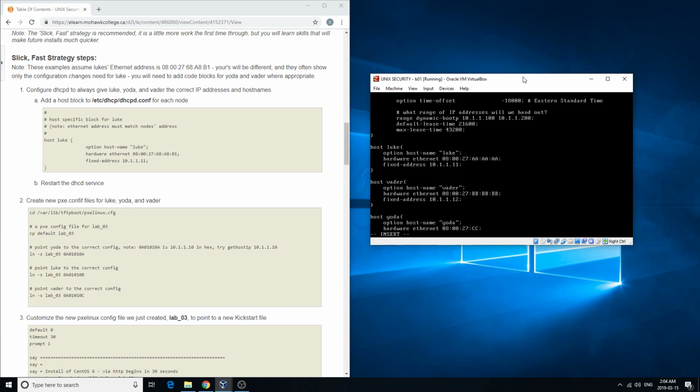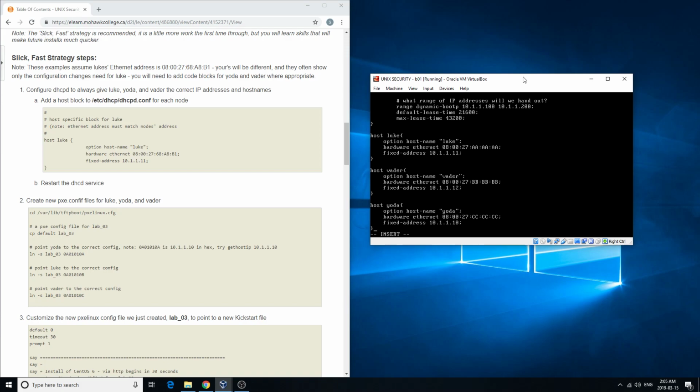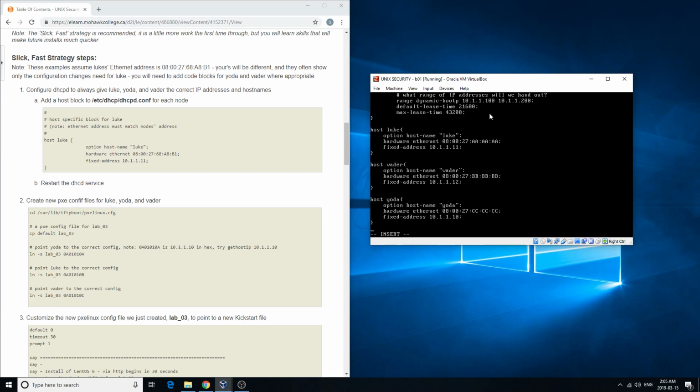08:00:27 CC. And Yoda actually has 10.1.1.10. So just so you know, when you've created something that looks like this and you're happy with it and the